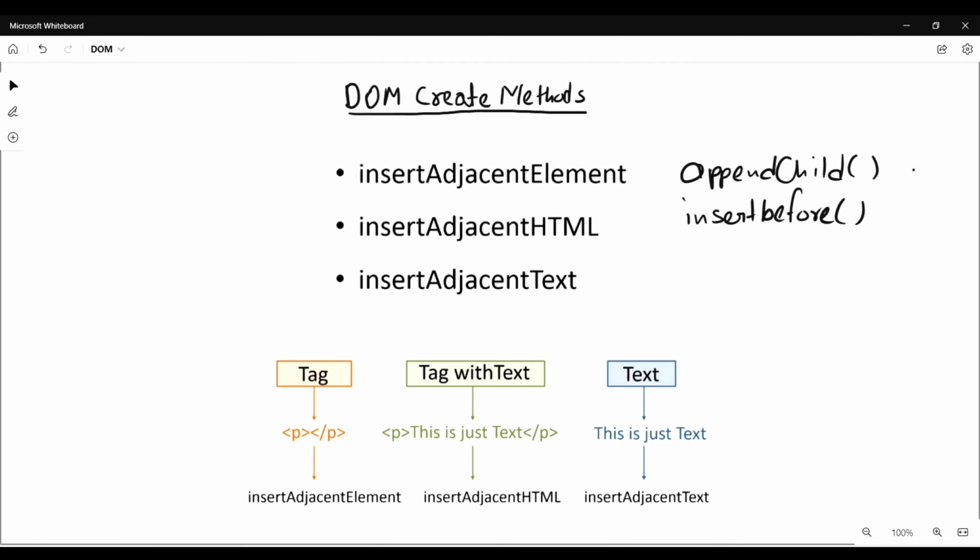Hello friend, in our last video we saw appendChild and insertBefore. It works as we already know: appendChild appends the element or text at the end of the HTML document, and insertBefore is used to insert at a particular location. After that we have insertAdjacentElement, insertAdjacentHTML, and